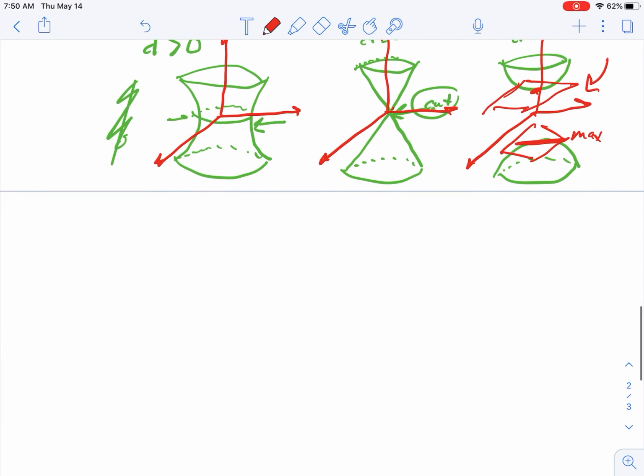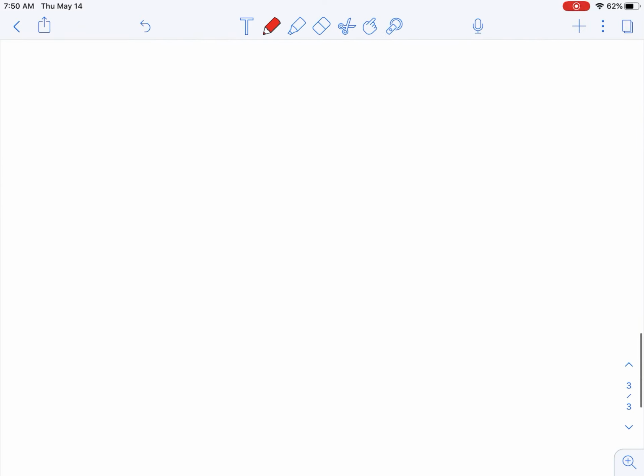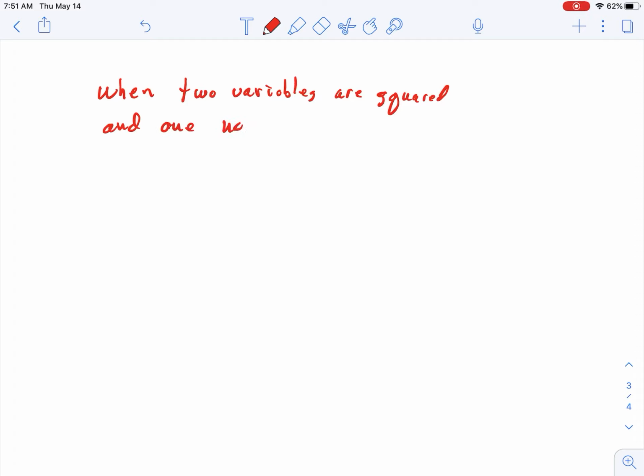So let's get rid of a square here. Okay. So we're doing when two variables are squared, okay, and one not. Okay, so basically you would have something like, say, ax squared plus by squared, plus or minus z, equal to some number d here. Okay,